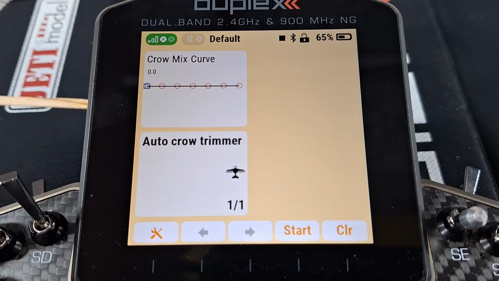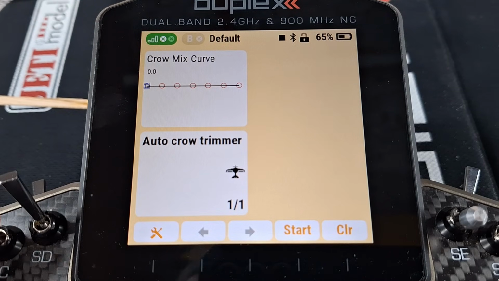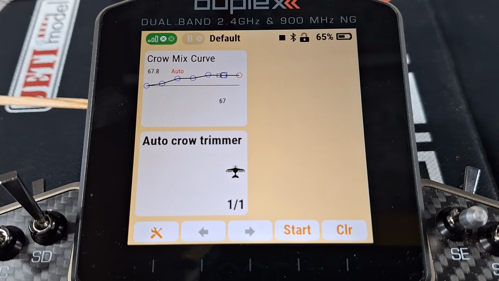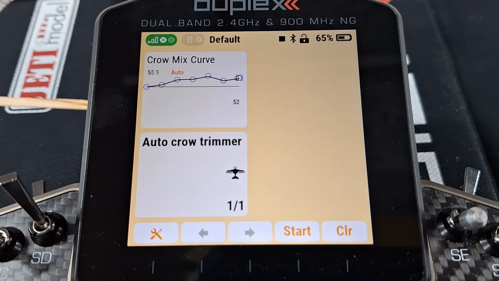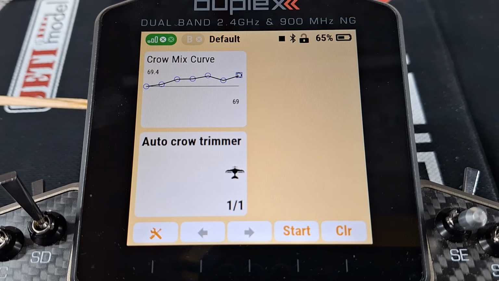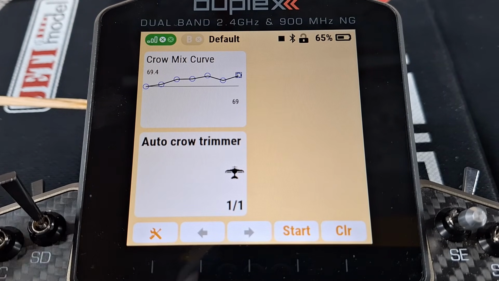So once again, line up in the direction you want to, get the model settled in trim, switch on the autocrow, smoothly move the crow, trim it with the elevator as required. Autocrow. Switch it off, go around, gain some height, try another fly past, switch autocrow back on, and smoothly open